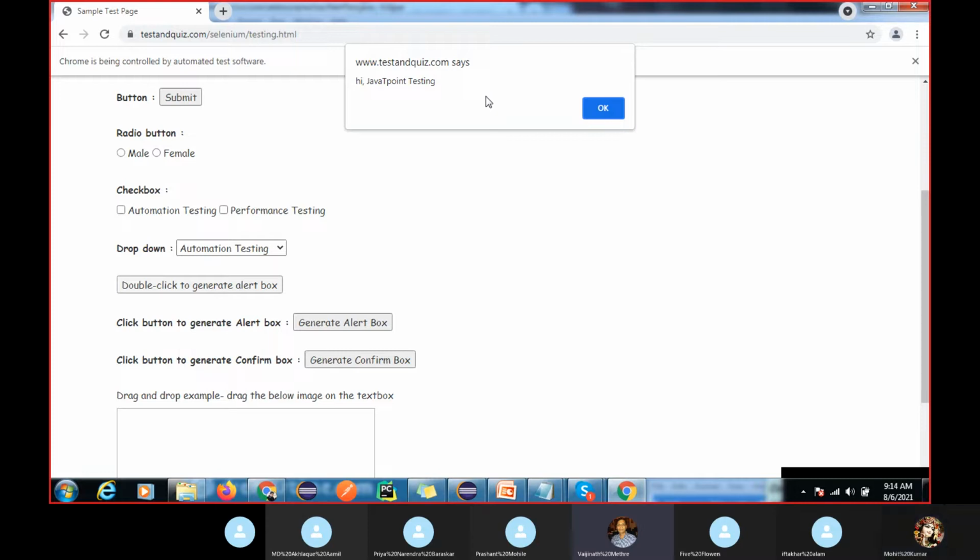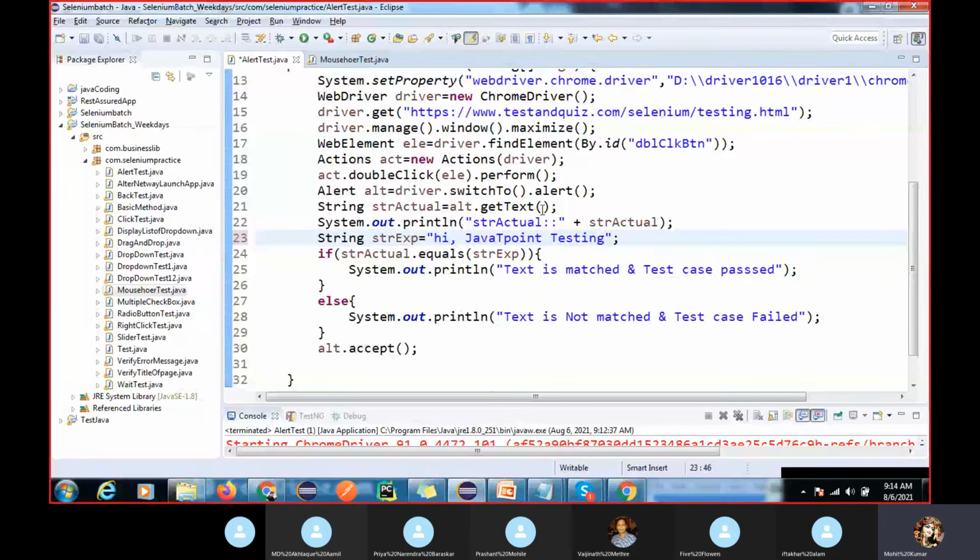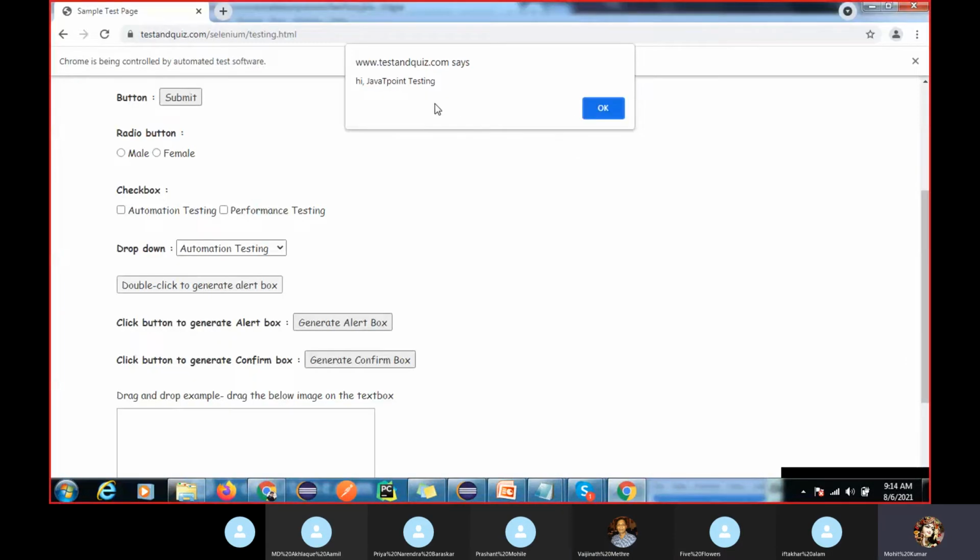So, do we have an element for that? We cannot inspect that, right? Yes. If you are able to inspect, then you can. If you are not able to inspect, then how can you do that? Otherwise, you have to write the logic for it. But how will it validate, how will it find this is the okay button, because we are not able to find the element on this alert pop-up.